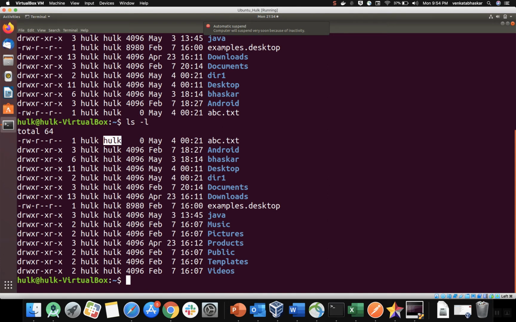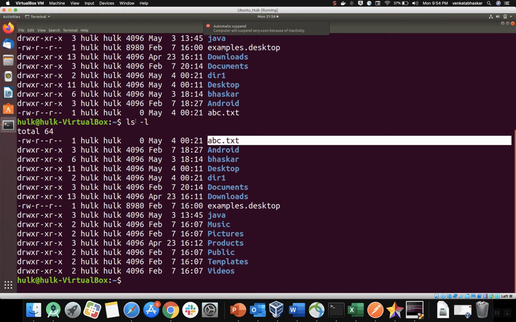And 0 indicates the number of bytes in this file abc.txt. Right now I don't have any data. Then it displays May 4th, the last modified date, and this is my file name. This is called long listing of files.